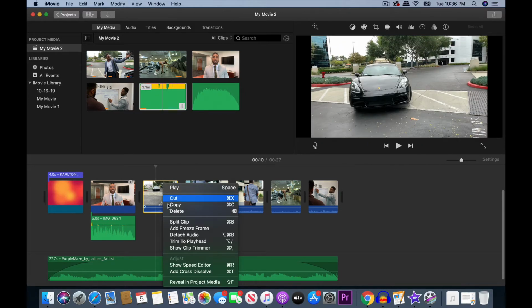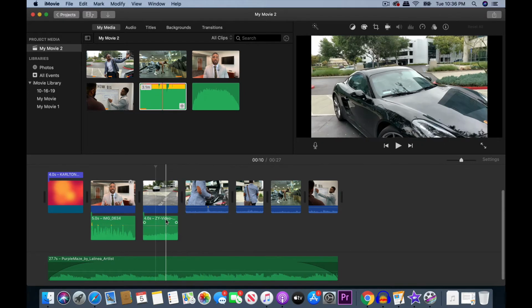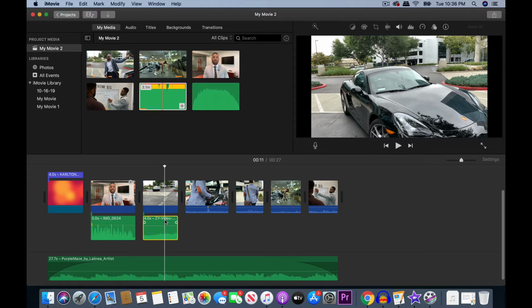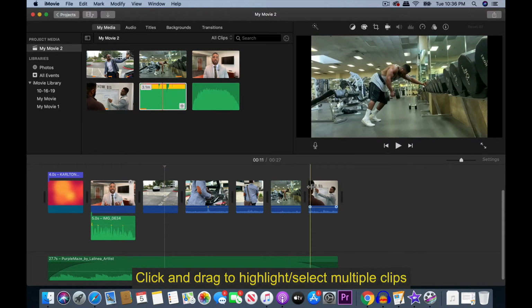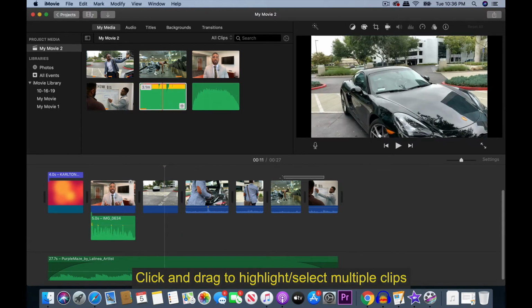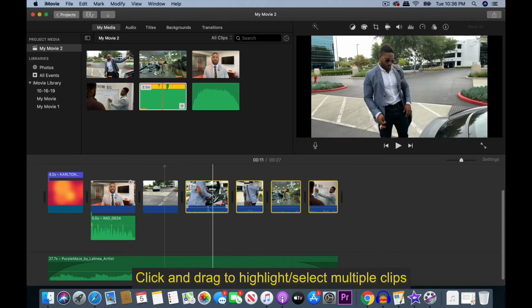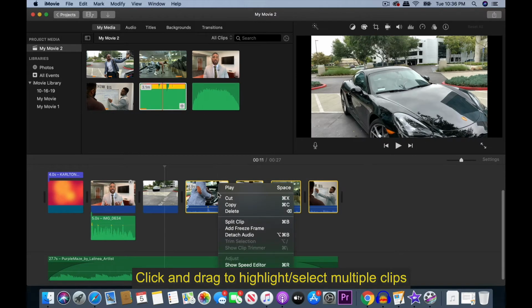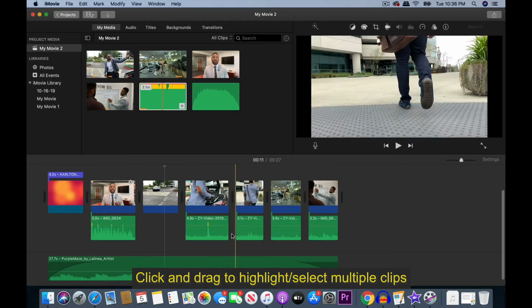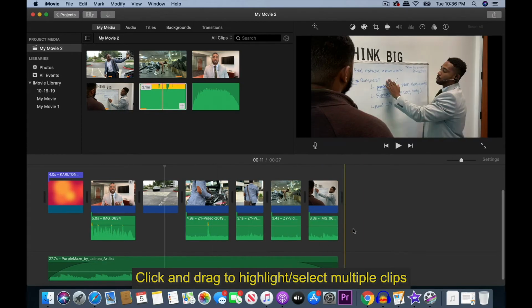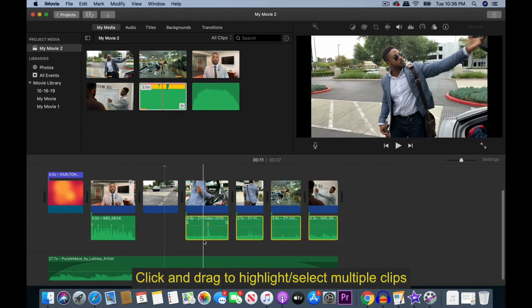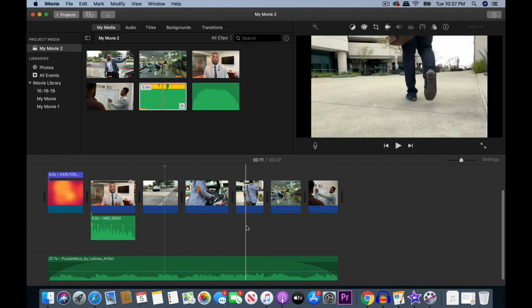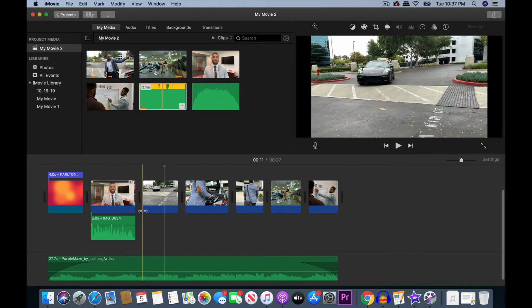I'm going to detach the audio of this, and I don't want this audio to play for this clip or any of these clips. One thing you can do is just drag and highlight all of these, for example, and detach the audio for all of these, as you can see. And I'm going to just highlight those. I'm just going to highlight the audio and delete those. So now when we play this back,